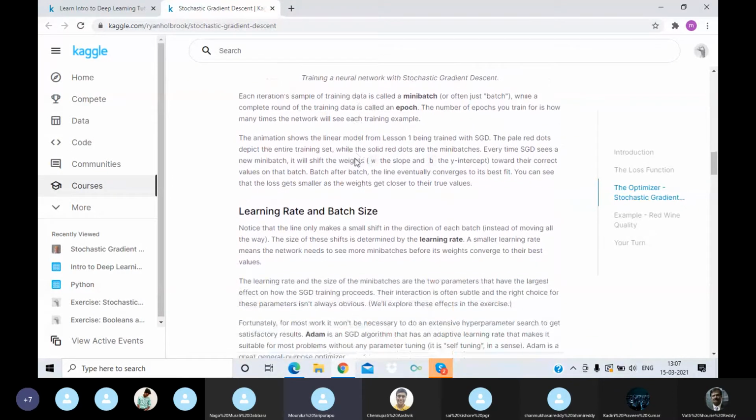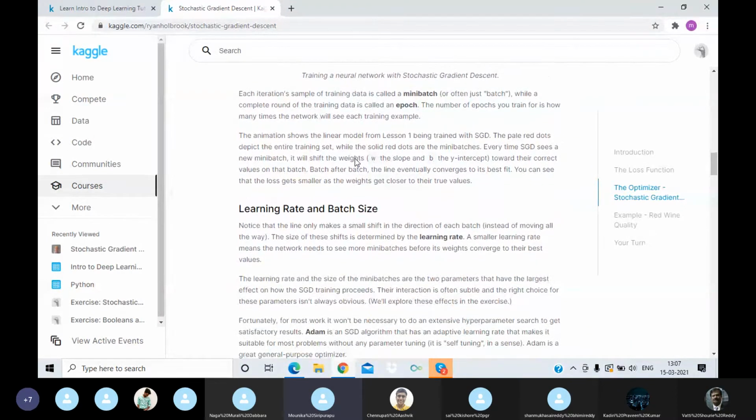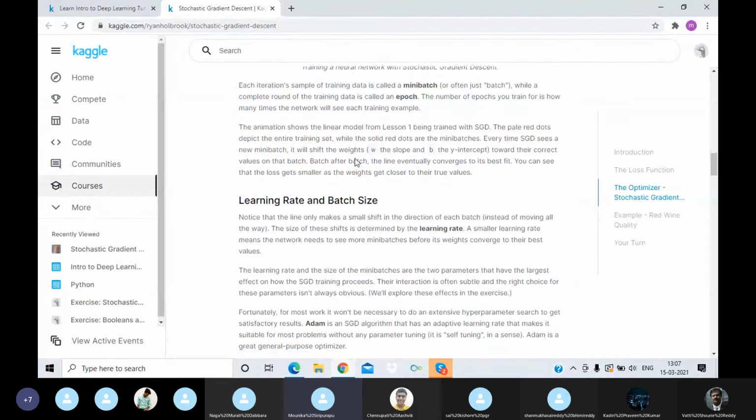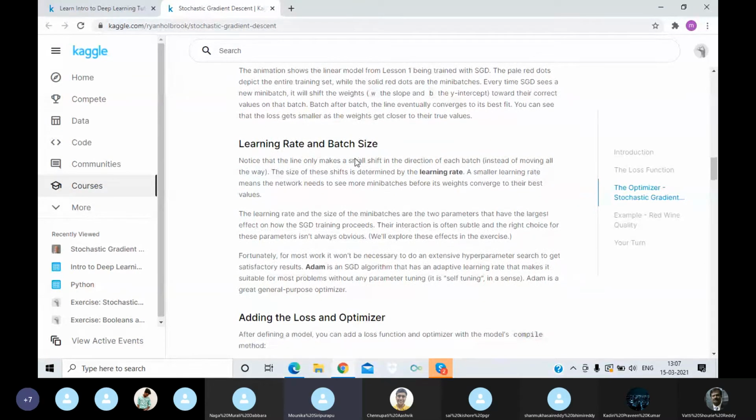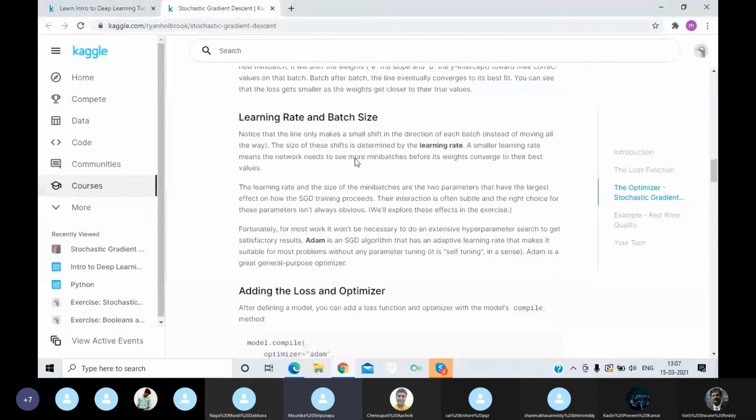Next, coming to the learning rate and the batch size. Batch size is a term used in machine learning for the number of training examples utilized in one iteration.